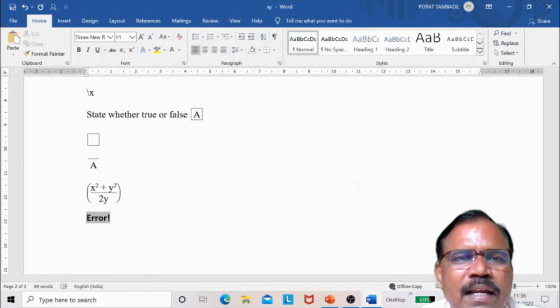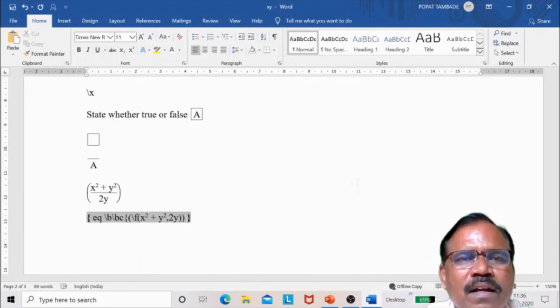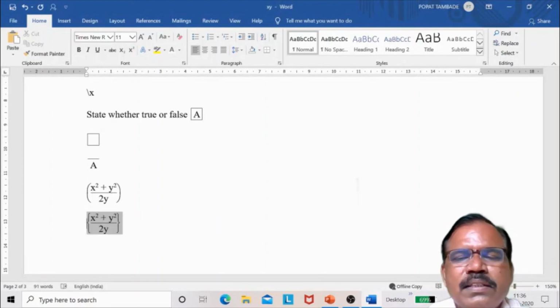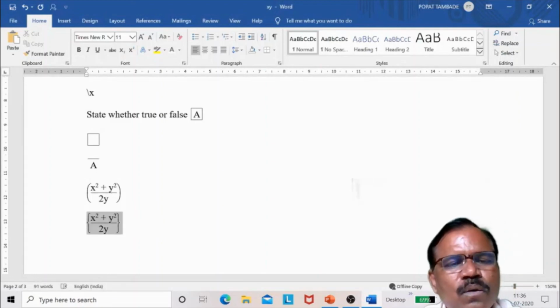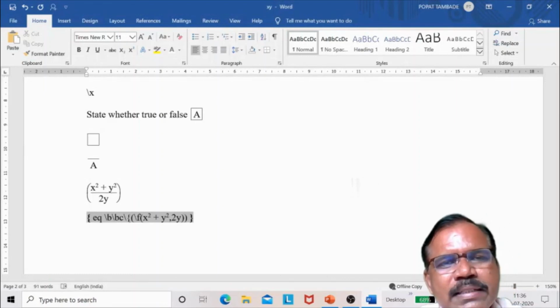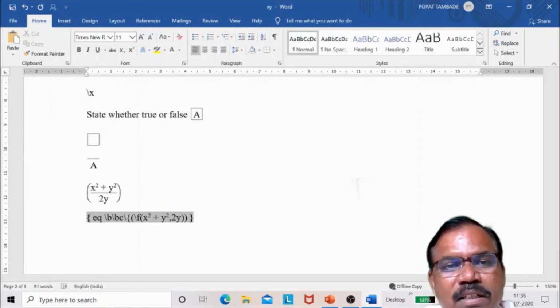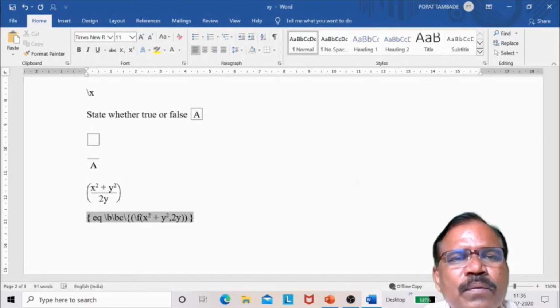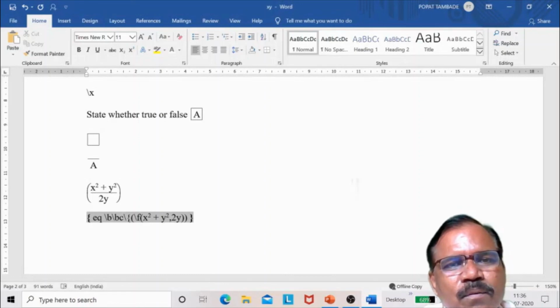So here I can write, but there is an error. So what is the syntax? Backslash B, backslash bc means bracket character, backslash whatever character you want, and then in bracket we will have that whatever equation.